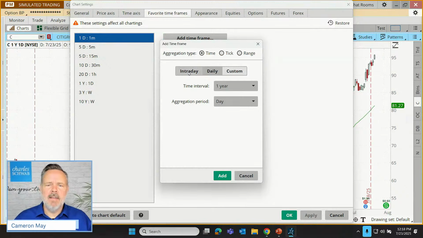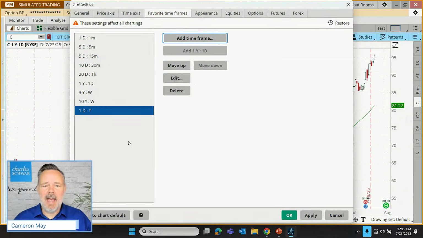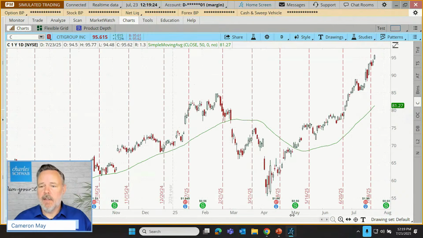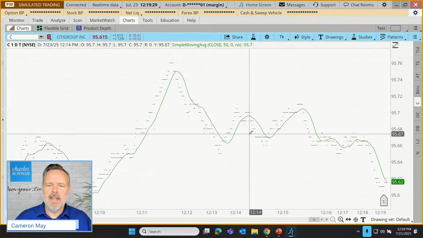How about in this case, maybe our trader likes to see things tick by tick. So I'm going to click on the tick box, and maybe our time interval is just 1 day, but we want to see every single little tick. So I'm going to go all the way down to 1 tick, and we're going to add that to our list. This is a 1-day tick chart. That's now going to be a default. And if I apply that here, let's go ahead and click OK. And let's go to that 1-day tick chart.